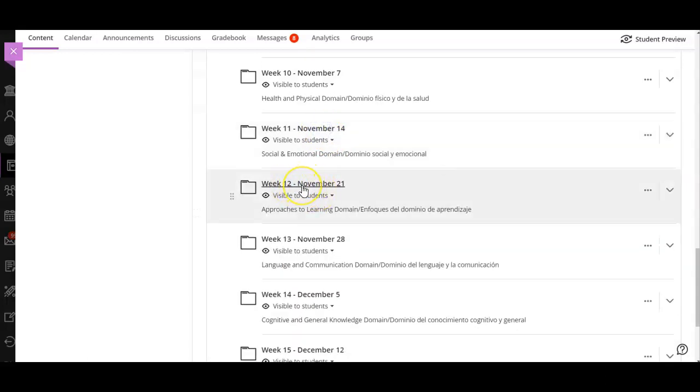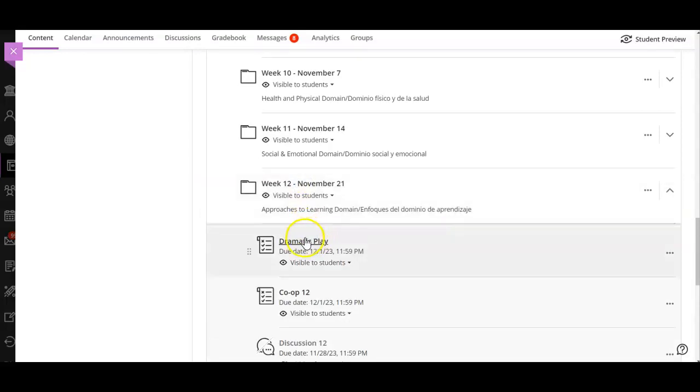Next, we are moving along here. So now we're on week 12. Holy crap, right? So we are going to be looking at the dramatic play area under the approaches to learning